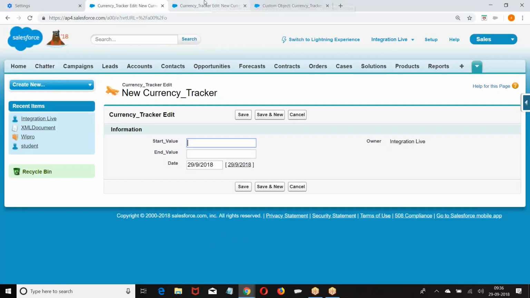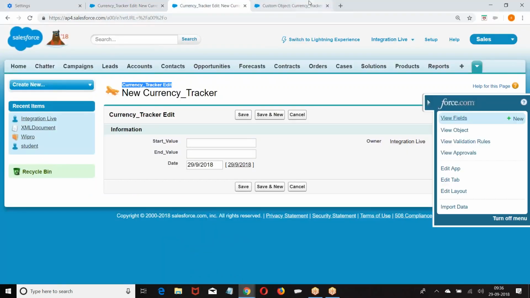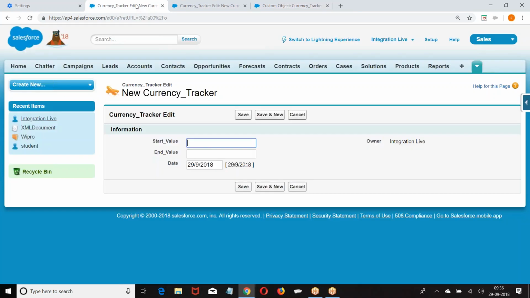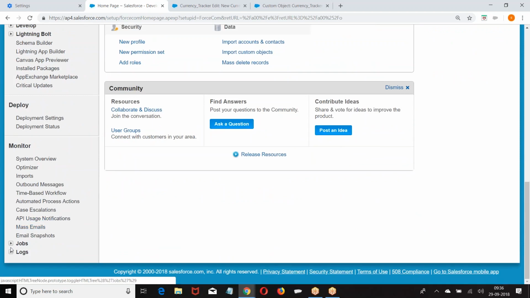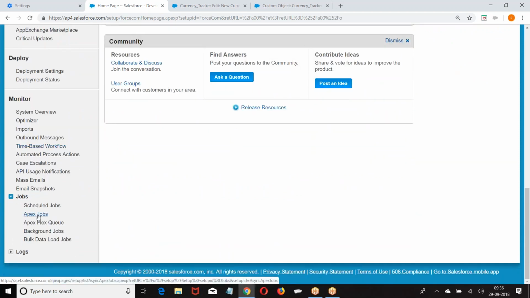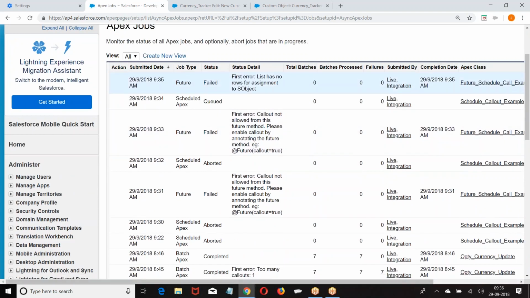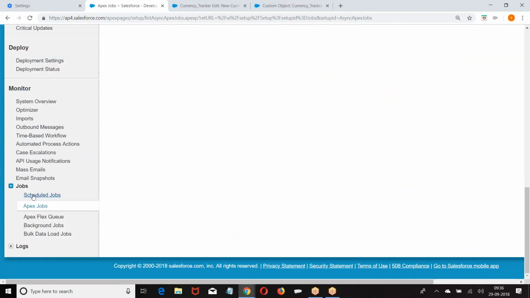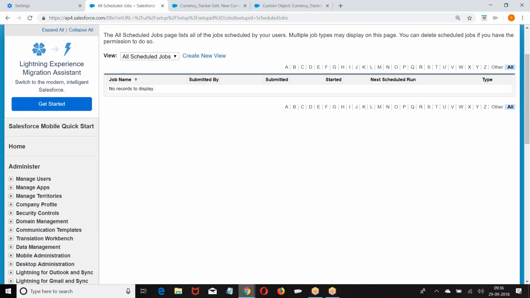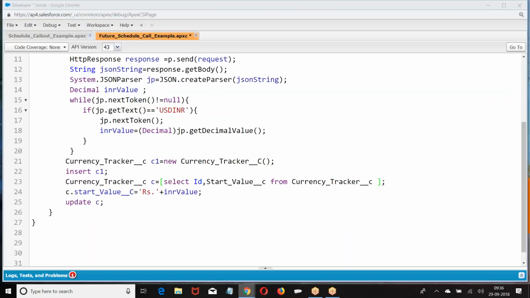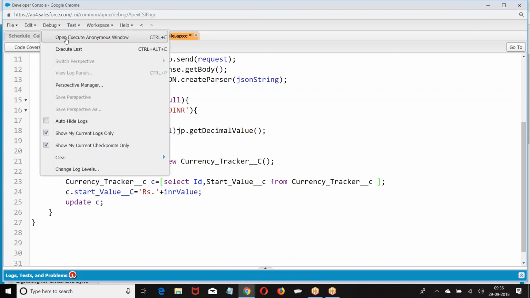Go back. It is our schedule apex. Go to the schedule apex setup. I hope the concept is clear for everyone. Now what are the errors we encountered in this operation? One is that schedule apex is not going to support a synchronous web service call.